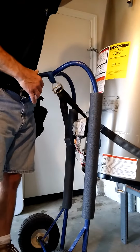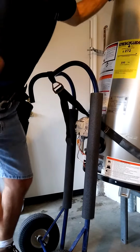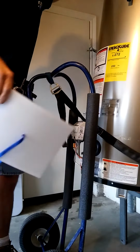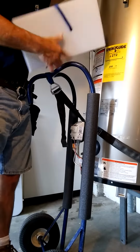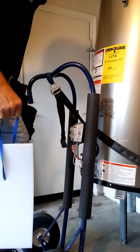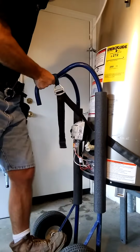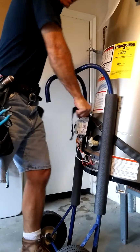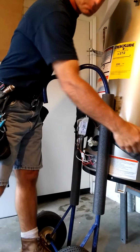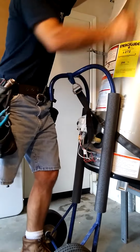What I'm doing now is getting ready to tighten up the strap and put the weight on the hand truck. Now this is where it gets a little bit tricky, there's a couple of things to remember. Pulling, I'm going to show you. You saw the strap drop, the lower the better, usually. Tightening the strap,